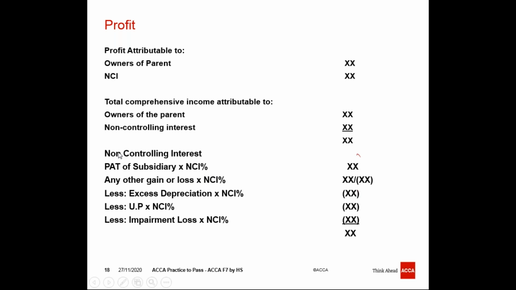of NCI. First, we take the profit of the subsidiary into NCI percentage, and any gains or losses of subsidiary will be proportionated to NCI as well. Excess depreciation must be adjusted, and if there is a reversal of depreciation, it should be added back. Unrealized profit will be considered here only when the subsidiary sold goods to the parent company, and finally impairment loss share should be allocated here. So this is how we calculate the NCI share, and the remaining amount will be the share of the owners